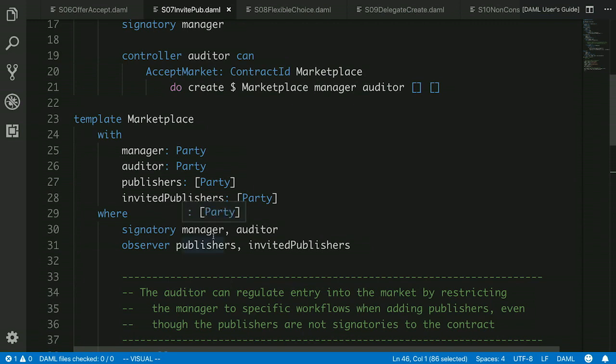The publishers are just informed of this. They are not actually obligated here. So we are modeling the difference between merely being an observer of a contract and actually incurring an obligation as a consequence of it. And in this particular case, the publishers do not incur any obligation as a result of this contract, and we encode that directly here in the language.